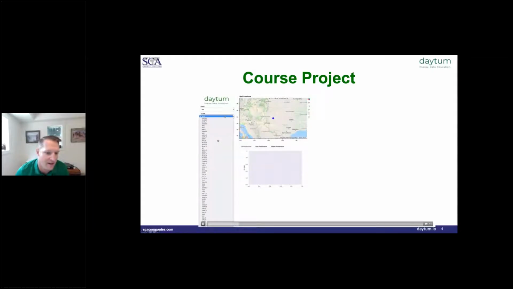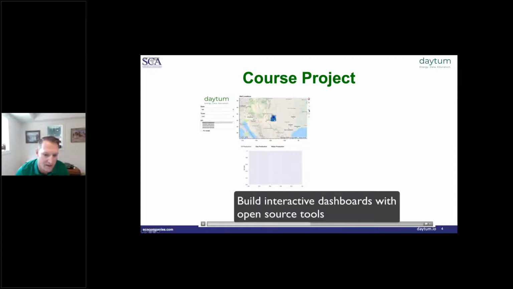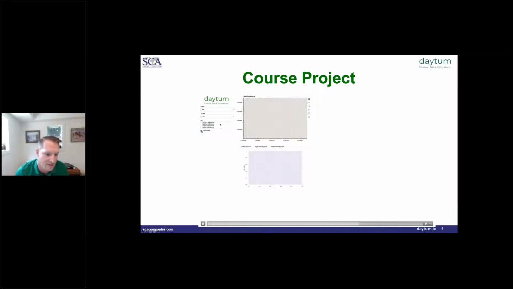So the idea here is that you can choose a state and a stock ticker for an operator. And once that choice is made, I think here I choose CXO, it will live update on the map all of the wells for that operator. So there are all the wells, and I zoom into those wells, selecting an API that will then plot the production histories for those wells. And you have also the option to fit, say, a type curve to that. So this, for some reason, is running a little bit fast to be useful here as visualization, but hopefully you get the idea of what we do.